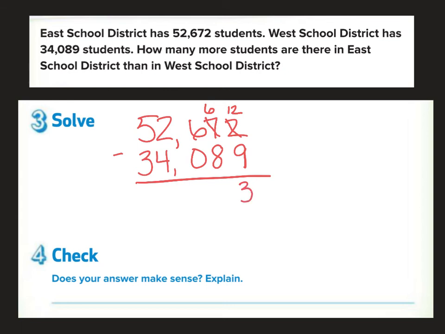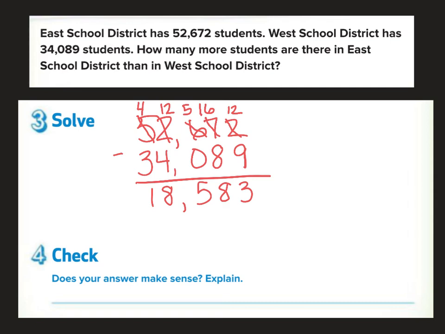6 minus 8, I can't do it. Go next door and get 10 more. So now I have 16 tens and 5 hundreds. So 16 minus 8 is 8. 5 minus 0 is 5. 2 minus 4, I can't do it. I don't have enough. So I need to go next door and ungroup my 5 ten thousands. Say, hey, can I borrow a 10? They say, sure. So now I have 12 thousands. 12 minus 4 is 8. 4 minus 3 is 1. So we get